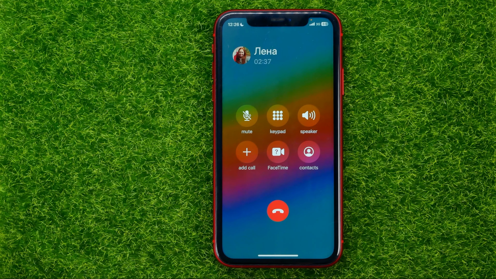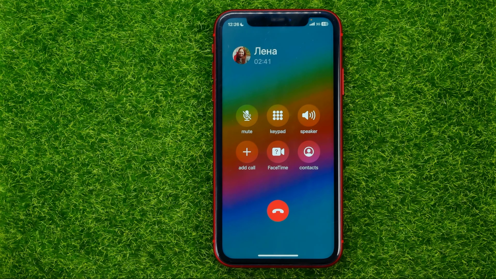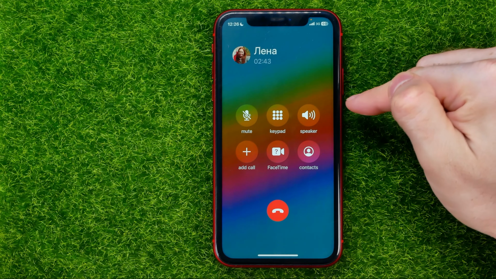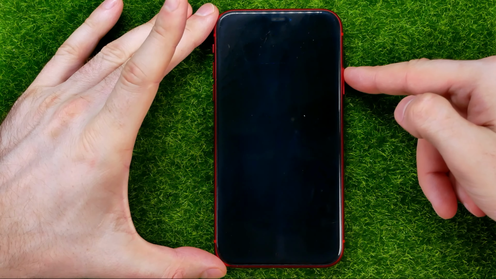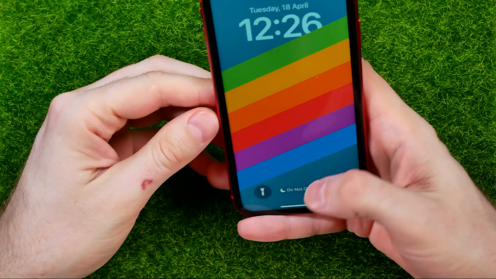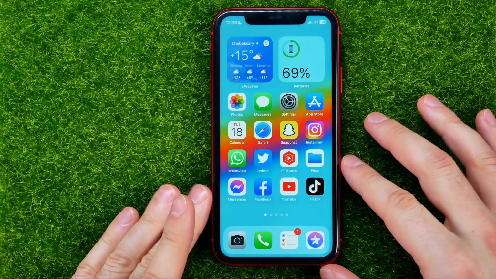So let's get started. By default you can end a phone call by pressing the side button, just like that. Just press that button, and this will end the call and lock your